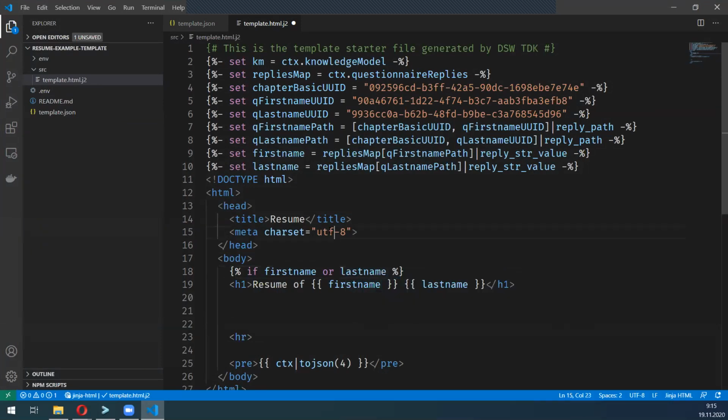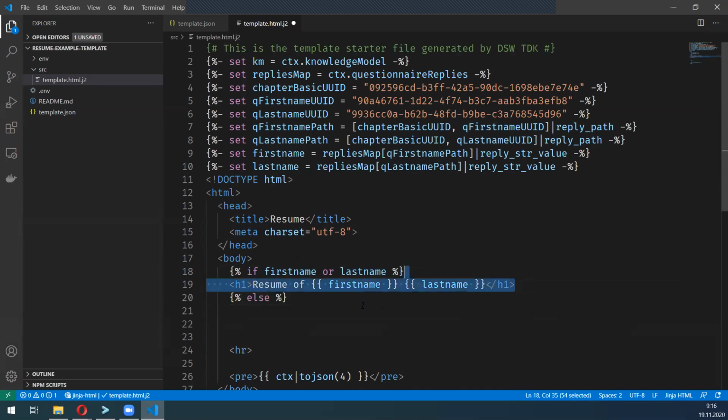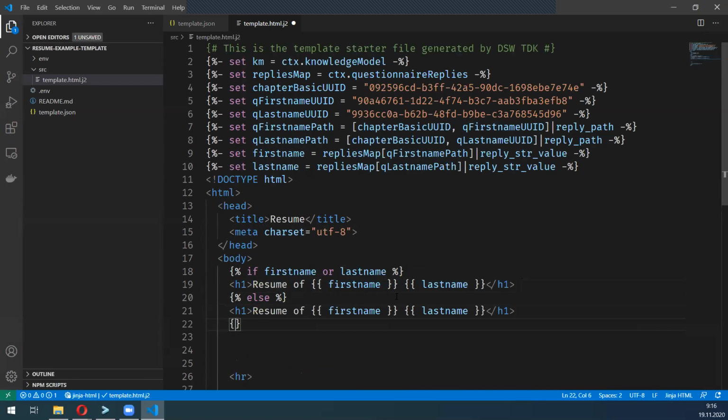In Python, it is quite natural that any variable can be turned into a Boolean, true or false. In this case, those are potentially strings, and it will check if the string is empty or not by default. So this condition says if first name or last name is not empty, so at least one of them. And if both are empty,